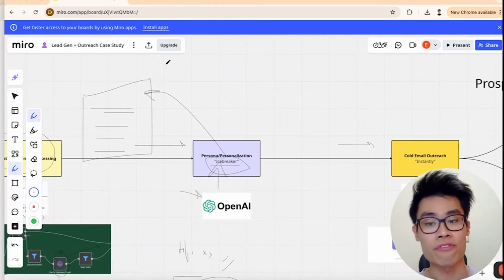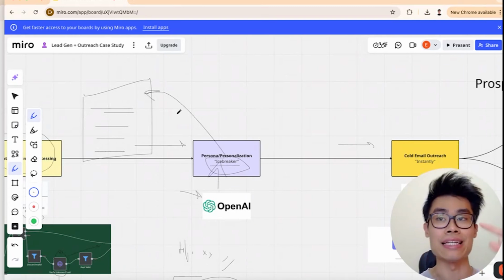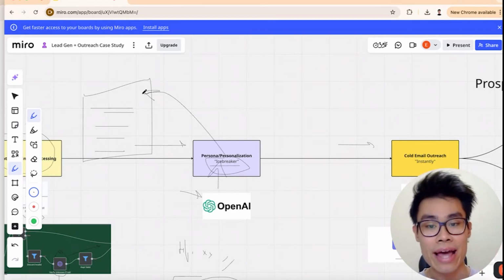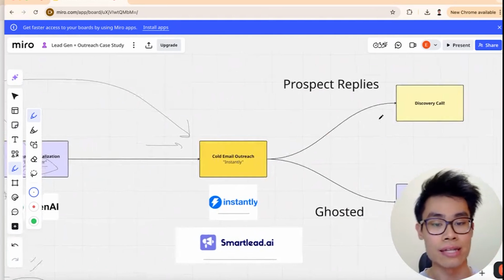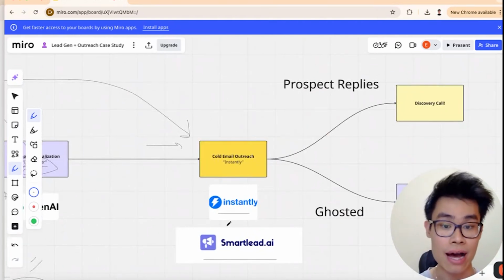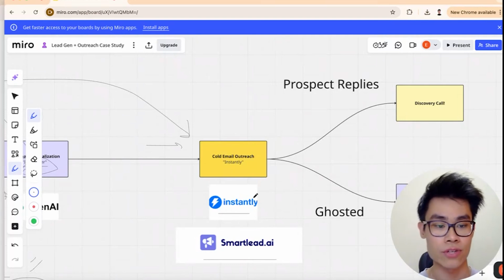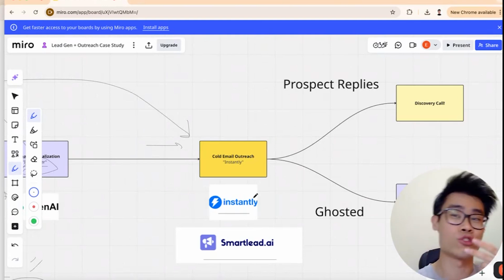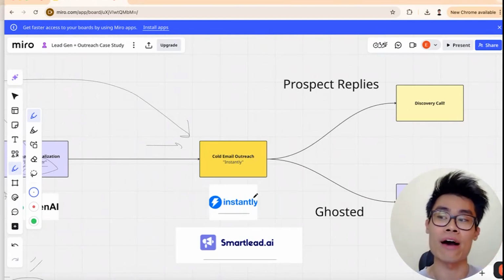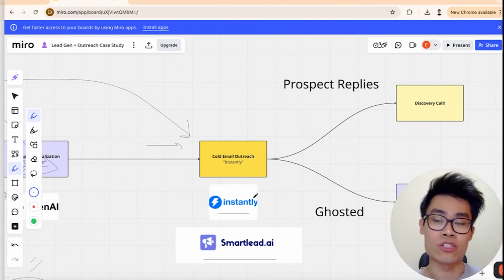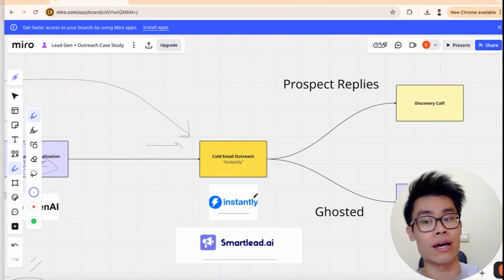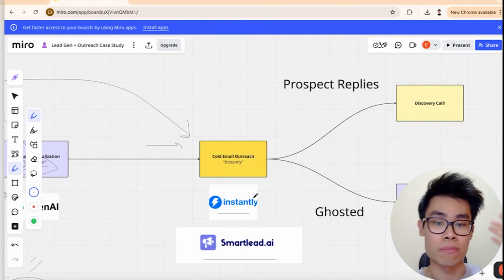Then, once you have that final perfect cleaned CSV, you can feed that into Instantly. You can just upload it into Instantly using the Instantly API. If you look in the docs, I'm not going to go too deep into this, because this video is just to show you how we think about